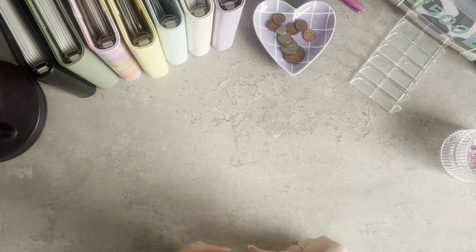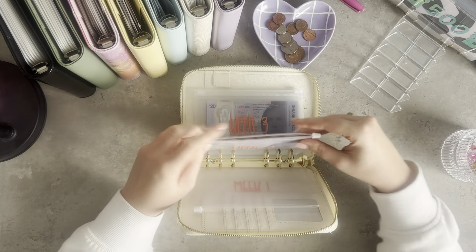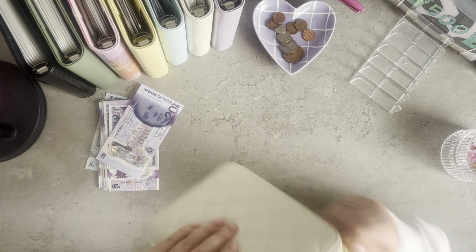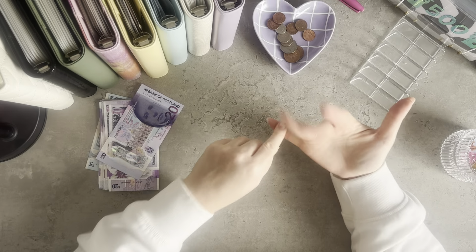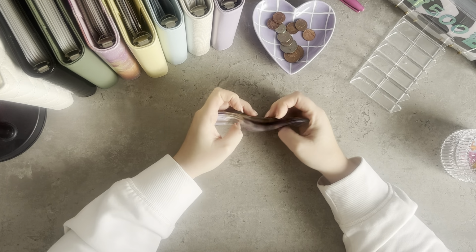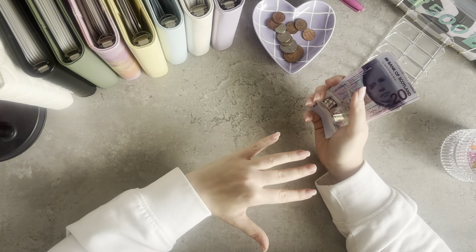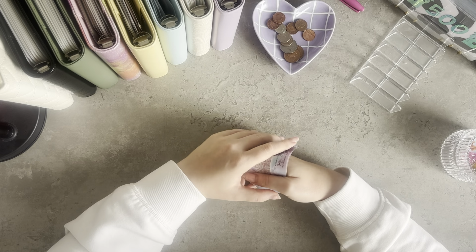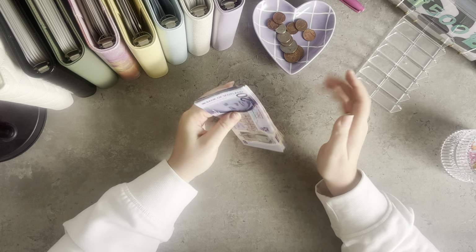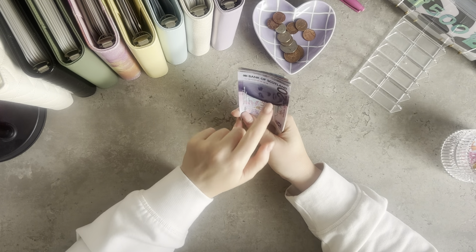Right, onto the cash stuff inside of it then. So I, for the first time, completely buggered up my budget. I put money away for David's personal money that he has online, his petrol money and things like that. I obviously counted it, and then when I went to do the cash side of it, I didn't count it, and I thought I had all this money left over, so I didn't. And I've had to scribble out stuff and chop and change denominations that I can no longer put in. So I think there's 580,